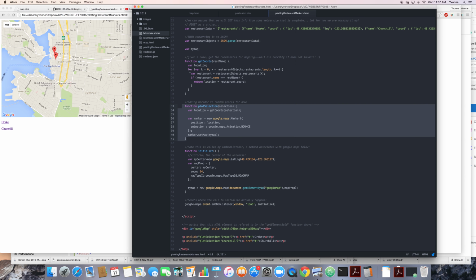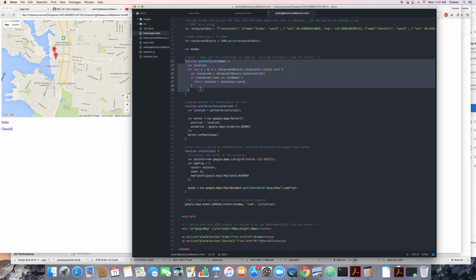Now, what goes on with finding coordinates is just up here. I'm going to pass in the name of the restaurant, and I'm going to go through the list. Now, as soon as I find it, I'm going to throw it back. There's a problem with this, though, because if the restaurant isn't in the list, this is just going to fail miserably. But just to back up one more level, the list that I'm looking at comes from mocked up data